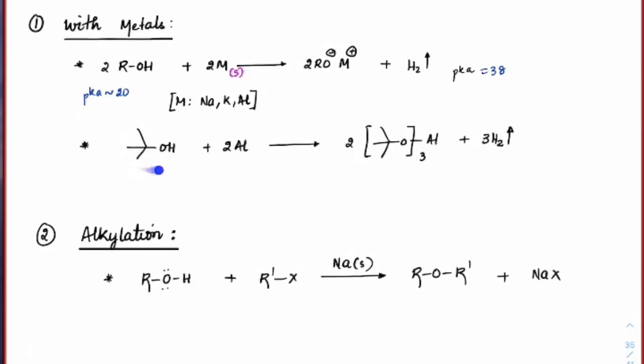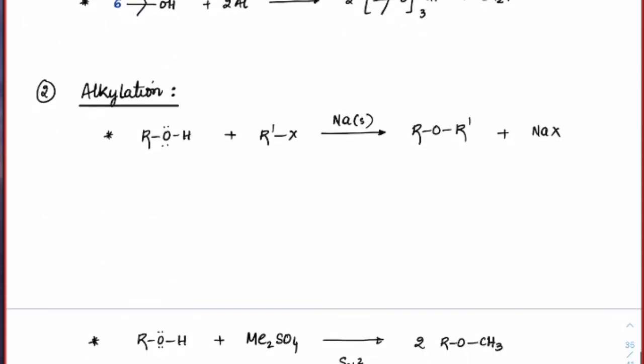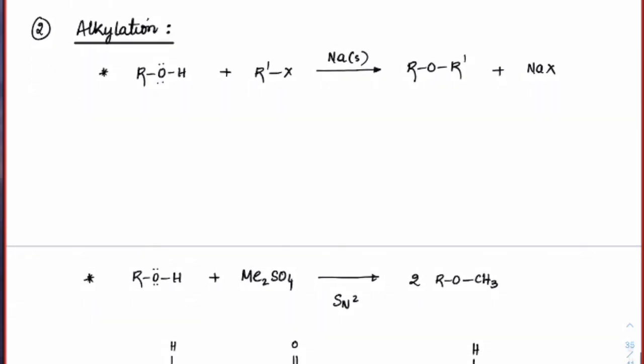So this is a standard stoichiometric reaction. You may have come across that. You would be given that alcohol is reacting with aluminum, find the number of moles of hydrogen gas at STP. See the next reaction, alkylation. Alkylation is when you are trying to react that with some R group here. For example, if you take alcohol and try to react with alkyl halide, we can do this. We have done this before also. If you just recall, we have done this reaction. What would happen in this reaction?